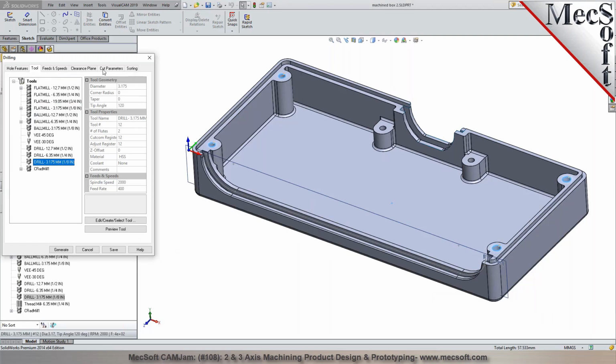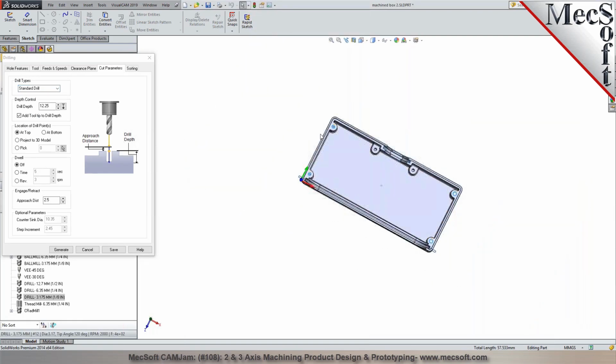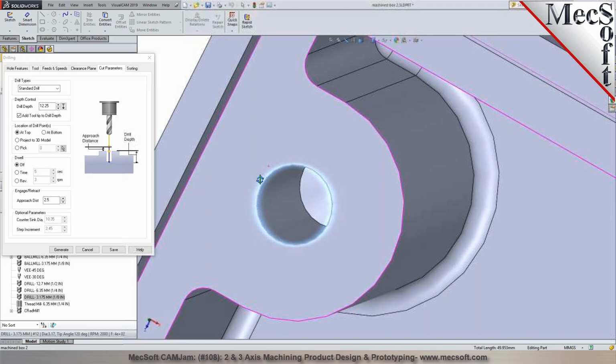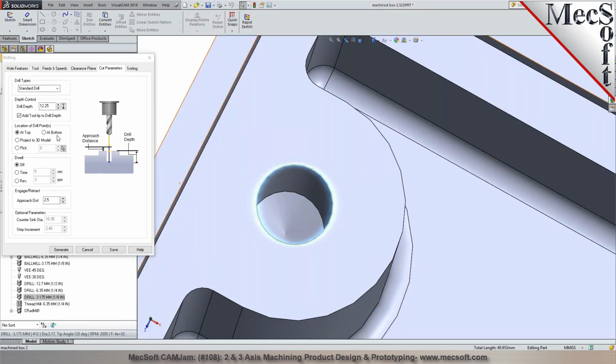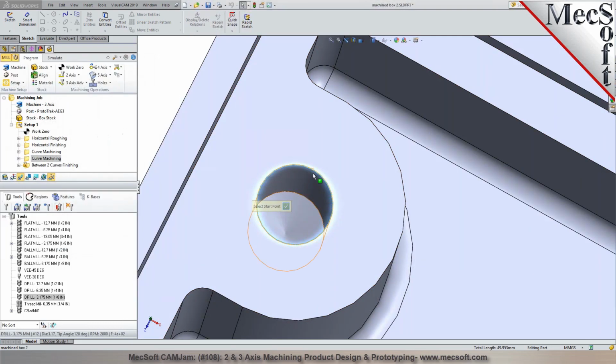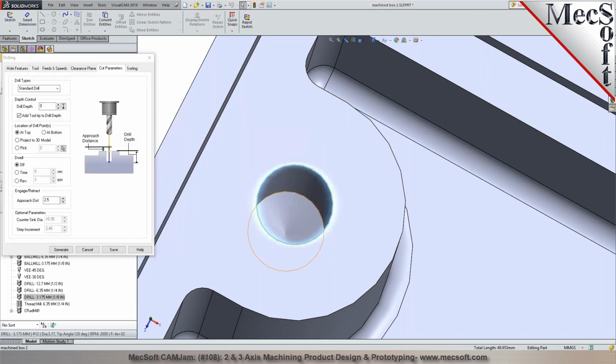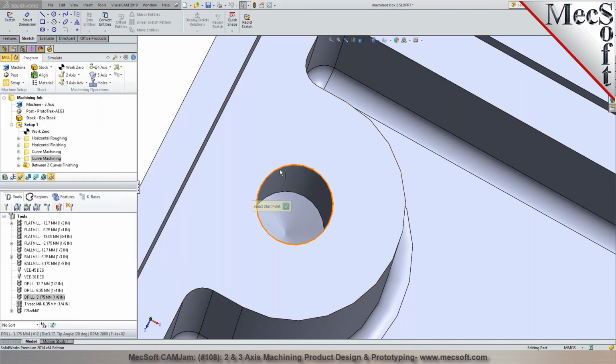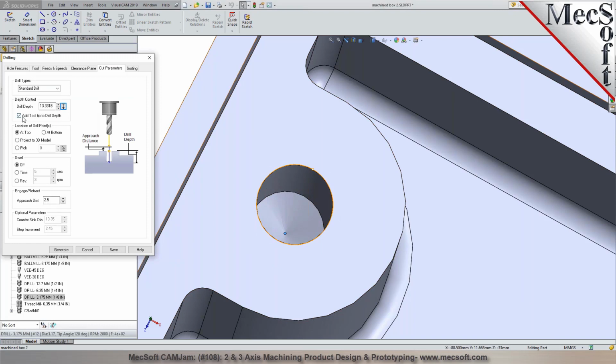And now in the depth parameters, you can specify how deep you want it to go. And you can even use the option to pick here. You can say you want to go from here, and you want to just pick the point right there. That's where you want the tip to be, so you can specify that. So by selecting just 2 point picks, just a top edge, and then you can pick the point right there. And then you don't have to make it a through hole, so you can just clear this checkbox and then